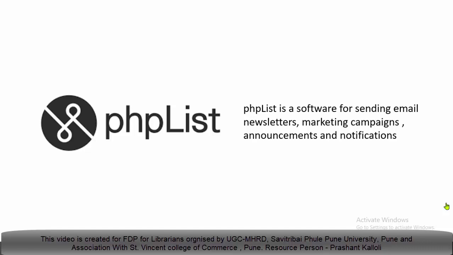phpList is software for sending emails, newsletters, marketing campaigns, announcements, and notifications. It's software for managing mailing lists of users.